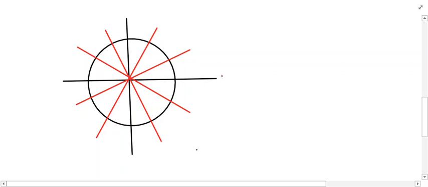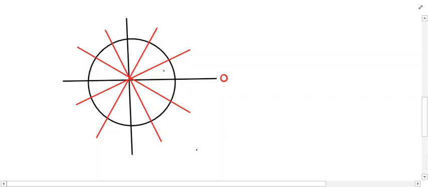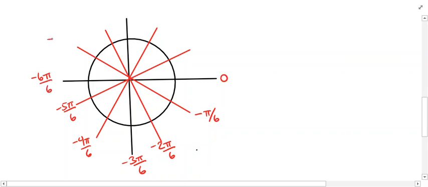So we always start with 0 radians. Since this was a negative angle, we would rotate clockwise. Since we took each half of the circle, which is pi radians, and we broke it up into 6 equal parts, each sector is pi over 6. So if we start rotating, this is negative pi over 6, negative 2 pi over 6, negative 3 pi over 6, negative 4 pi over 6, negative 5 pi over 6, negative 6 pi over 6, negative 7 pi over 6, negative 8 pi over 6, negative 9 pi over 6, negative 10 pi over 6, negative 11 pi over 6,